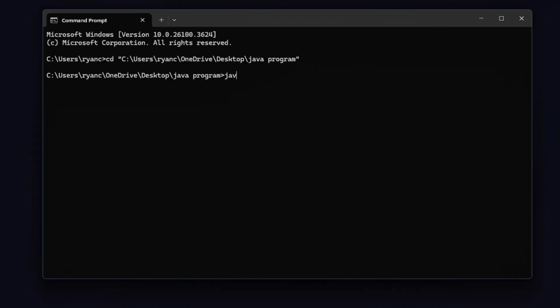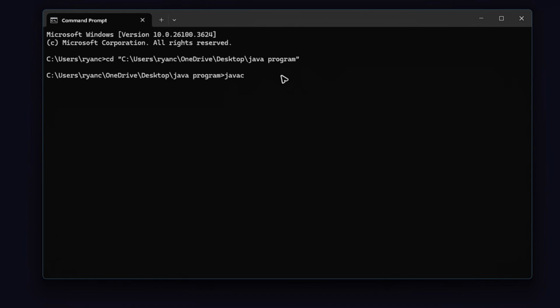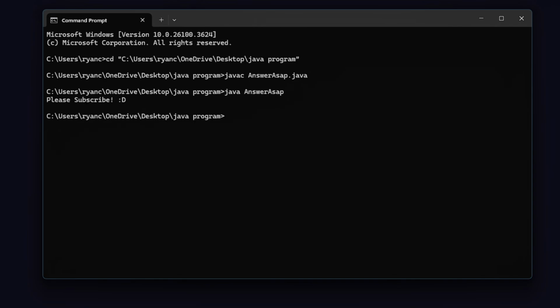Now the next command: javac space, again the file name, AnswerASAP.java. Hit enter and wait for it. Now the last step would be to just type in java AnswerASAP. Hit enter